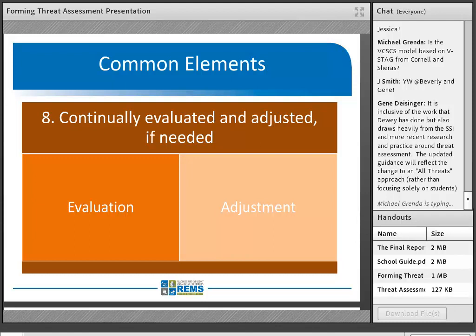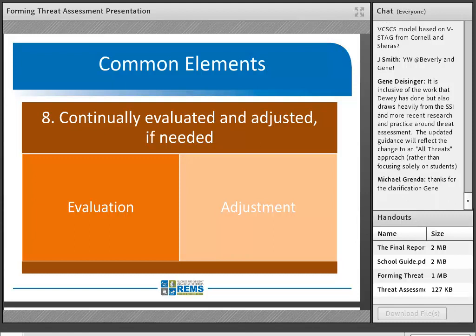As Donna said earlier, our school division has had a threat assessment process in place for 15 years. But it did take a major shift in 2013 when the law was put into place. And so it is a continual process of looking at where you are, how well the teams are working, what are the kinds of behaviors that are being identified, and are those the things that you want to be looking for. And the other piece that I think is really important is that you really have to be open to being reflective on your process